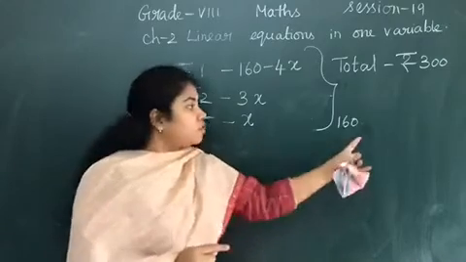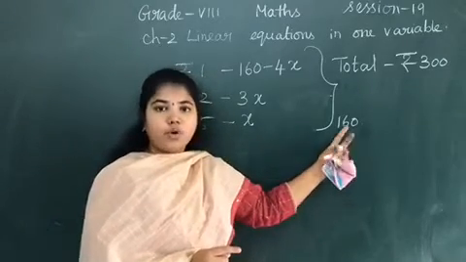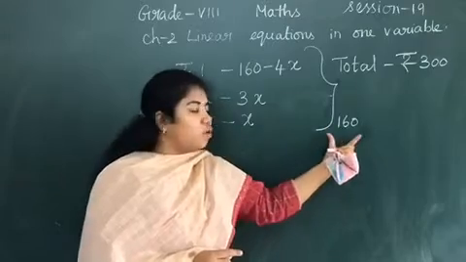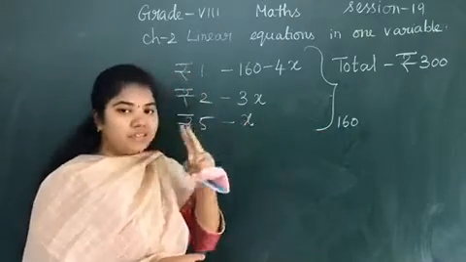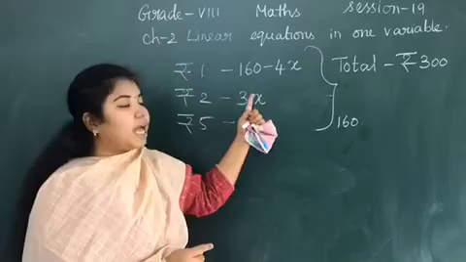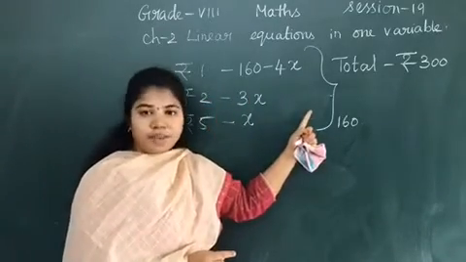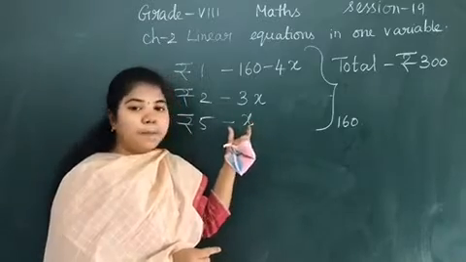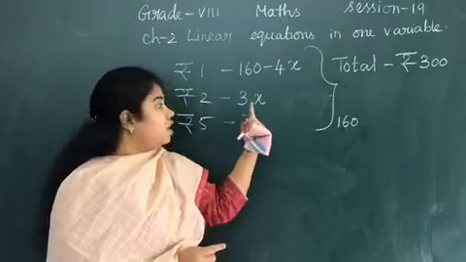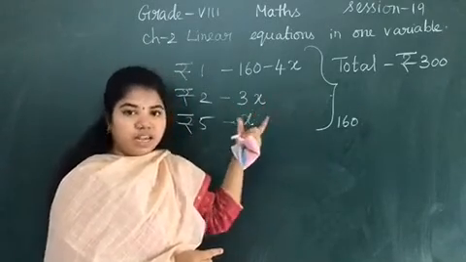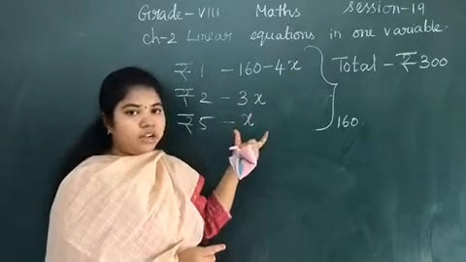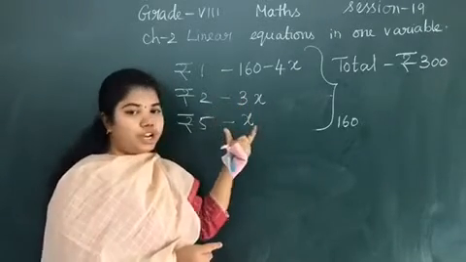That is 160 coins you have. The total number of coins in that package is 160. And they have given a second hint: 3 times of rupees 5 is rupees 2. But I don't know what the rupees 5 count is, so I have considered rupees 5 as x, and 3 times of rupees 5 as 3x. Now I have arrived at the rupees 5 and rupees 2 denominations.